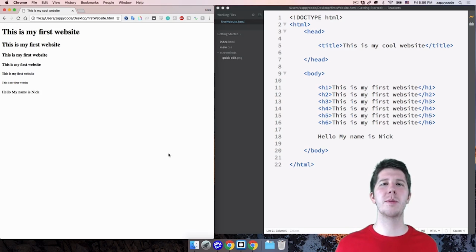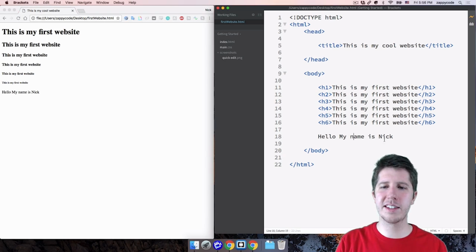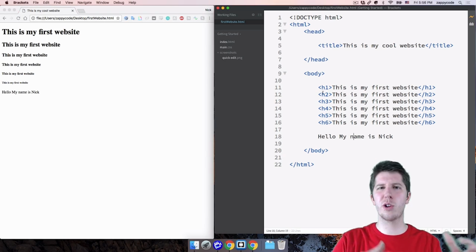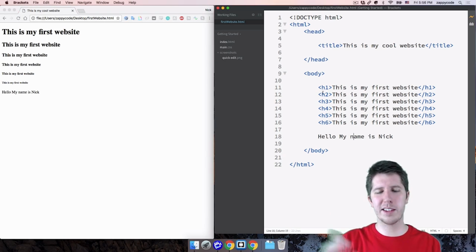In this lecture, we're going to be talking about all things text in HTML. And to kick this off, I want to show you something that's a little bit strange in HTML that initially you're like, whoa, that's really weird. So I have some text inside of my website. Like I have the headers here. Those are their own things, right? They make their own lines.